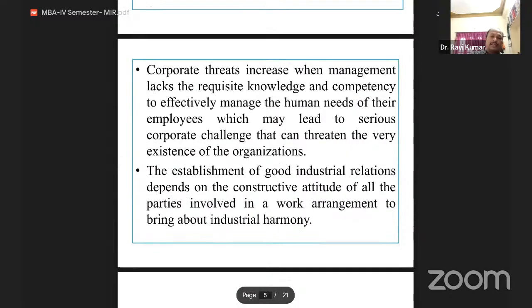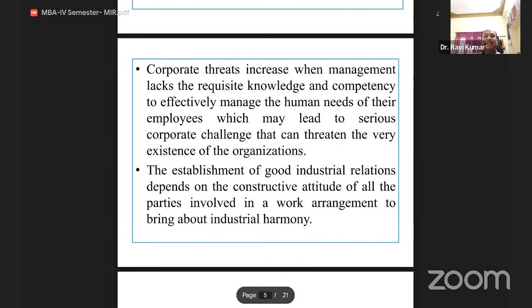Corporate threats increase when management lacks the requisite knowledge and competency to effectively manage the human needs of their employees, which may lead to serious corporate challenges that can threaten the very existence of the organization. Any corporate company or organization in the world in industrial relations has to manage this. If there are no proper or sufficient management people at the organization level, they cannot survive for